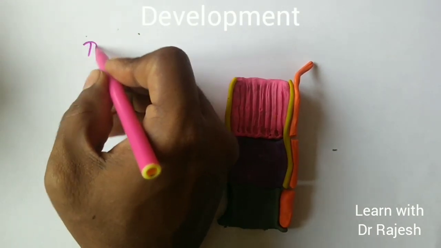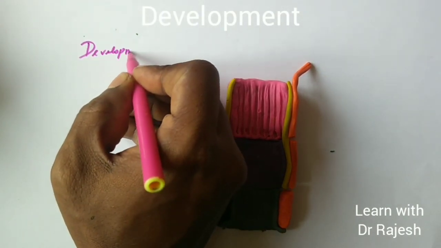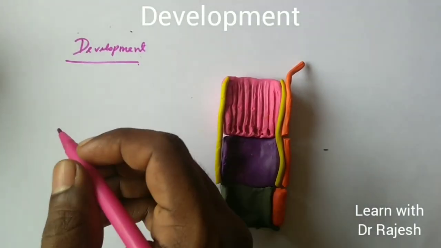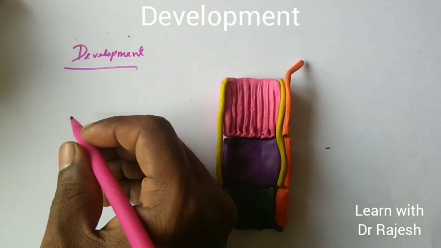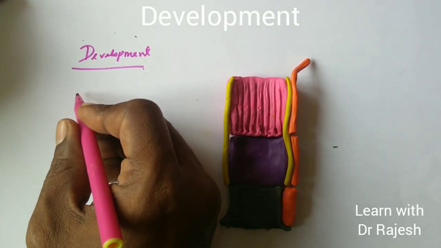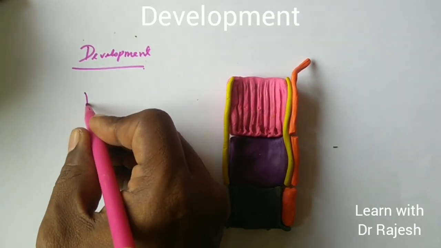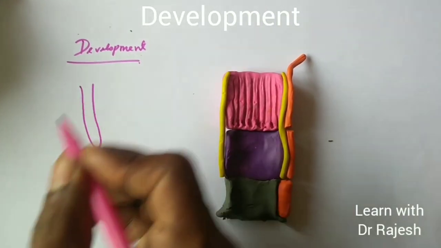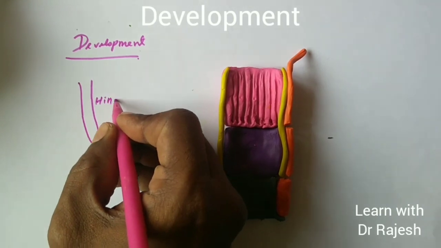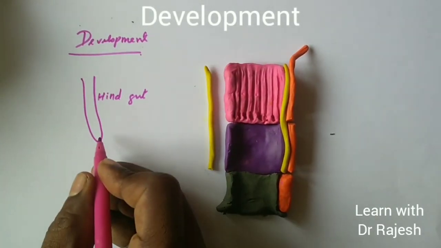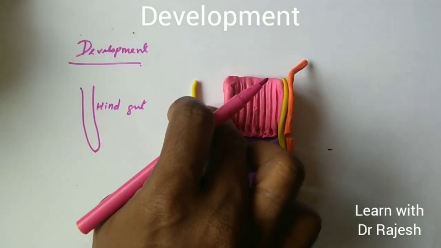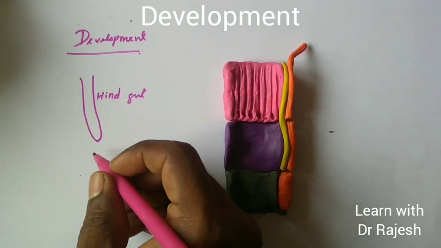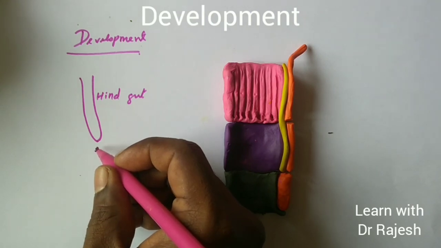Next, coming to development. The anal canal is derived from two different sources. One is from the hindgut. We know the gut tube has foregut, midgut, and hindgut. So the terminal part of the hindgut will be forming the anal canal, and along with the hindgut, from the surface epithelium,